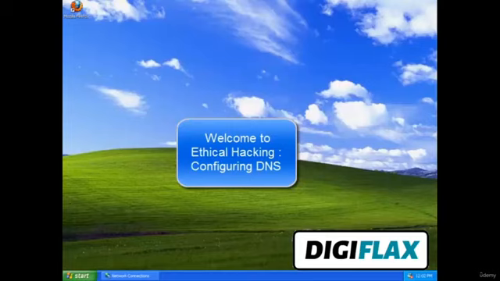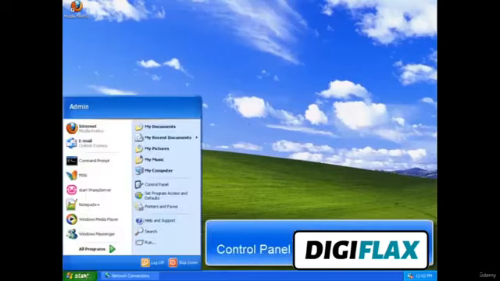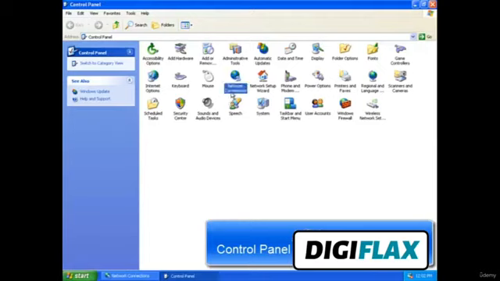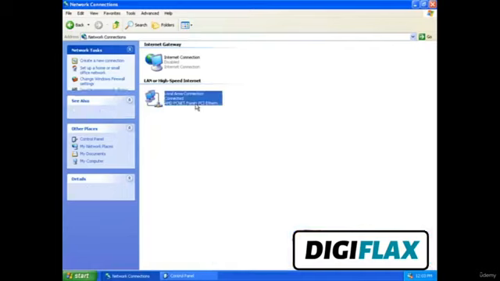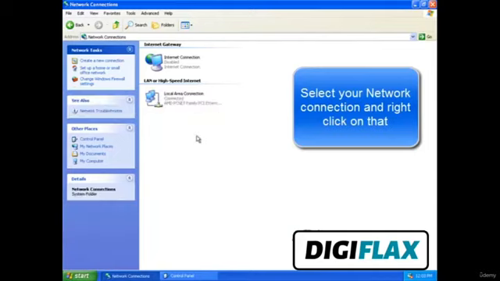Welcome friends. In this tutorial, we will learn how to configure our DNS to use OpenDNS servers for resolving IP addresses. For that, go to Control Panel and open Network Connections. Here, you will find Local Area Network or your own network connection.